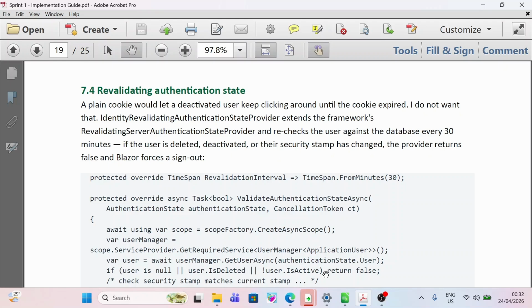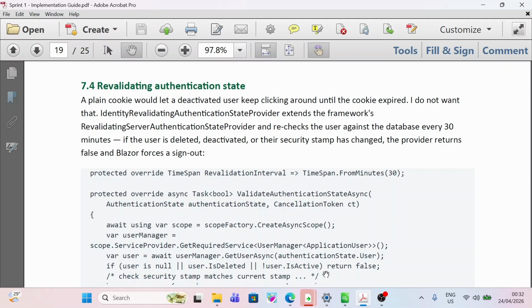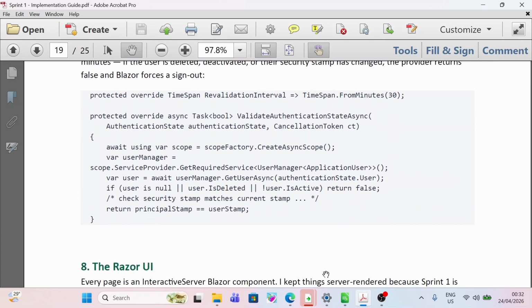protected override TimeSpan RevalidationInterval => TimeSpan.FromMinutes(30); protected override async Task<bool> ValidateAuthenticationStateAsync(AuthenticationState authenticationState, CancellationToken ct) { await using var scope = scopeFactory.CreateAsyncScope(); var userManager = scope.ServiceProvider.GetRequiredService<UserManager<ApplicationUser>>(); var user = await userManager.GetUserAsync(authenticationState.User); if (user is null || user.IsDeleted || !user.IsActive) return false; /* check security stamp matches current stamp */ return principalStamp == userStamp;